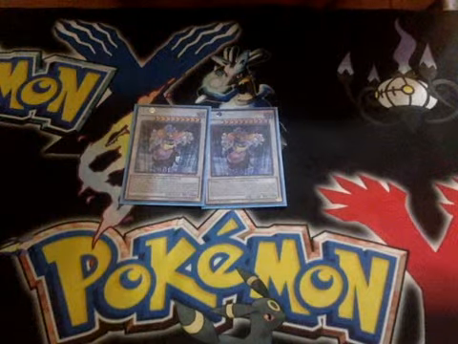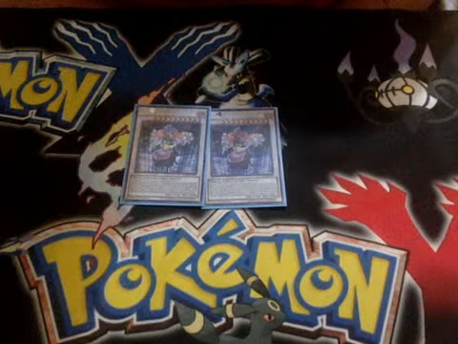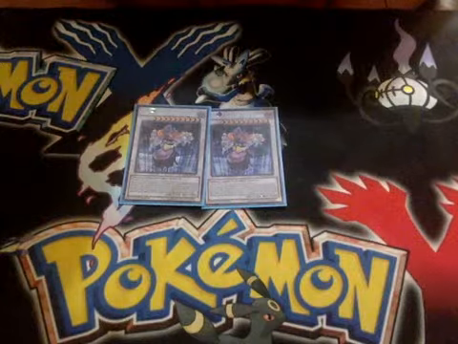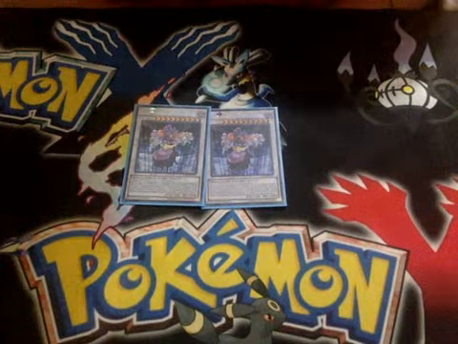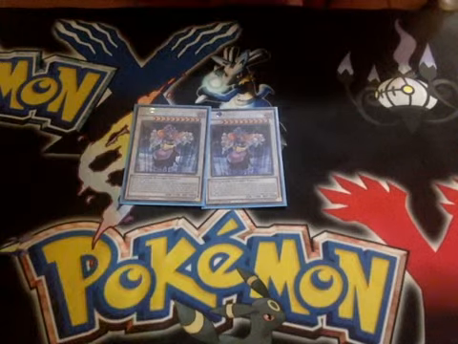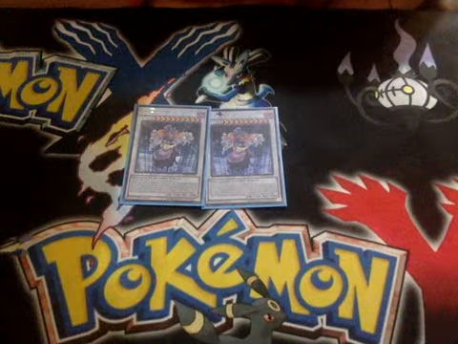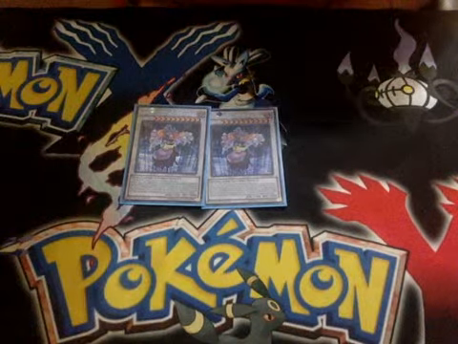a 3300 attack point monster whose ability reads, during my turn, when I declare an attack, if you activate a trap or spell card, I can negate and destroy 1 that you activate. So if you activate Mirror Force when I attack with Loki, if he's the only attack position monster on my field, Loki's ability will automatically activate, destroying Mirror Force and negating it. His